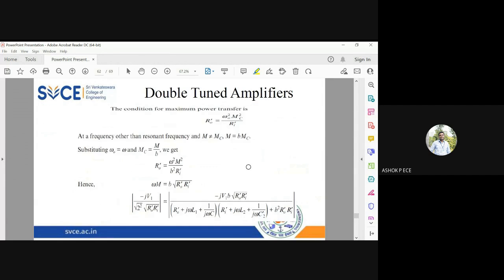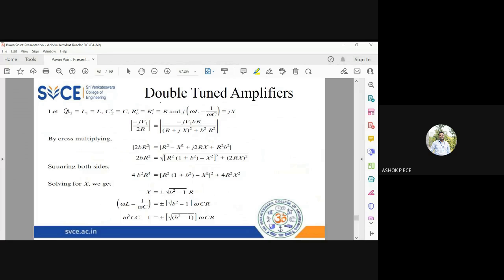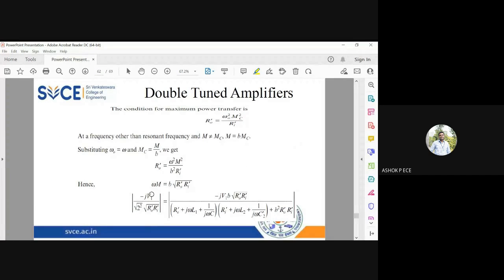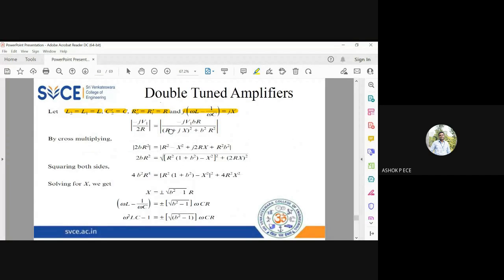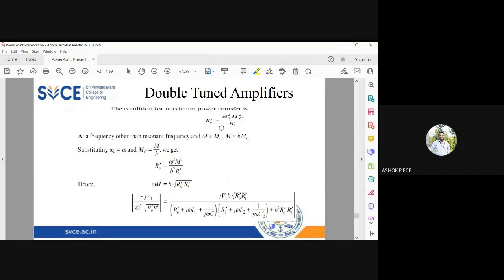So for simplicity, I'm assuming L1 equal to L2 equal to L, C2 dash equal to C, and R0 dash equal to RA dash equal to R, and the LC tank circuit is going to be jX. Okay, for simplicity. So minus V1 by 2R equal to minus j V1 BR divided by R0 dash. R0 dash is going to be R, and this entire term is X. Okay, so R plus jX into this is also R plus jX. So R plus jX the whole square plus B square into R0 dash equal to RA dash equal to R. So it is B square